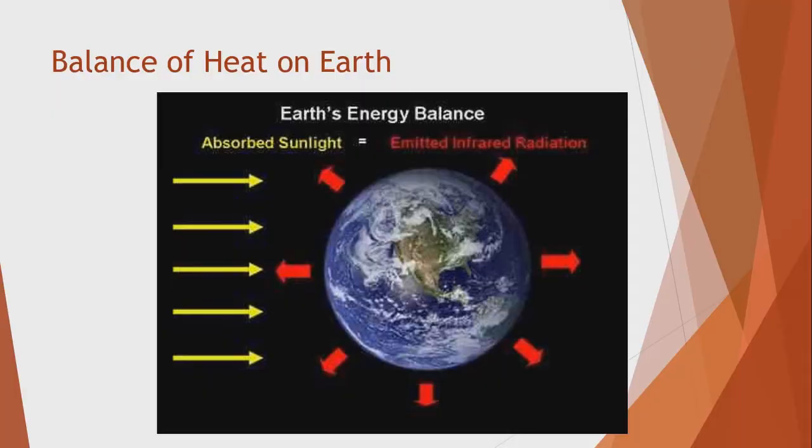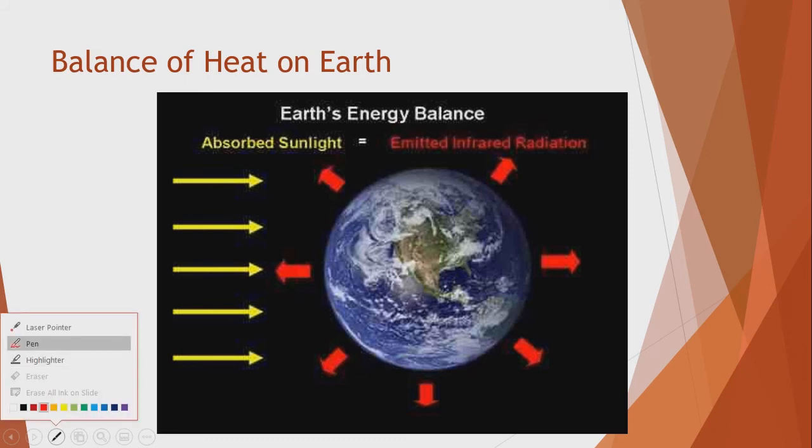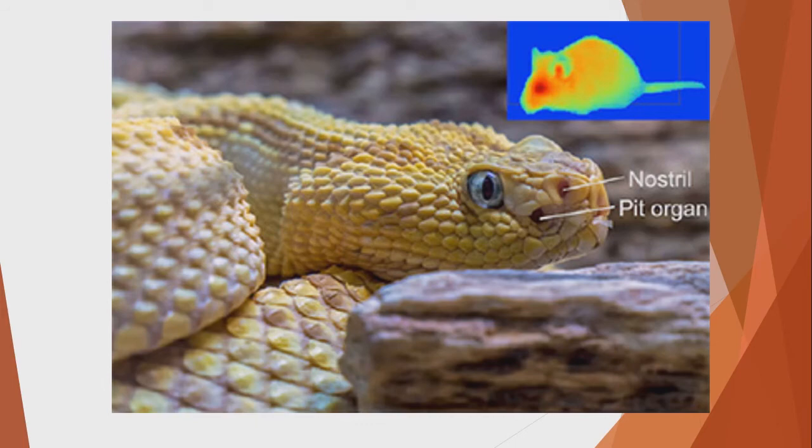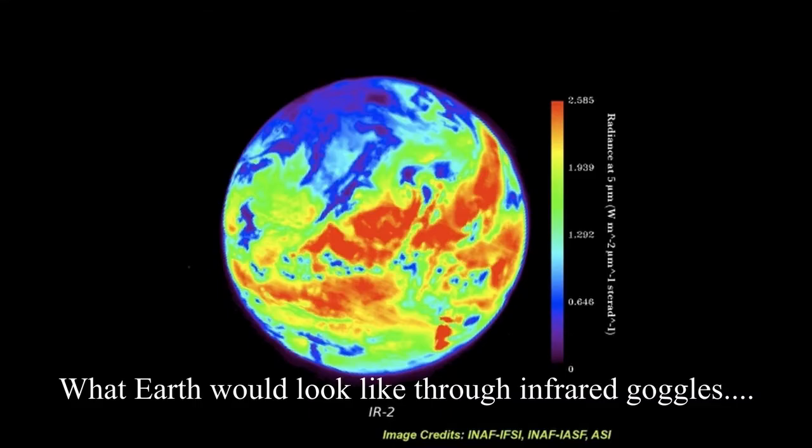And the idea of Earth's energy balance is that you have energy coming in to Earth mainly from the sun. Almost all the energy here on the surface is going to be coming from the sun. And that is balanced by infrared radiation being released back out into outer space. So basically, if you put a snake into outer space and had it look at Earth, it could see Earth kind of like it could be seeing this mouse. Basically, Earth is releasing the same kind of radiation back out into space.